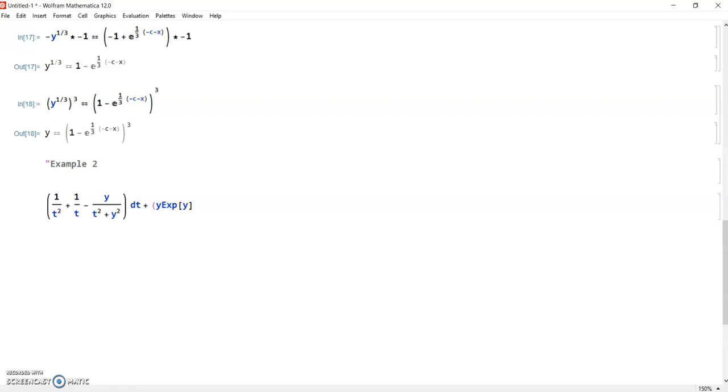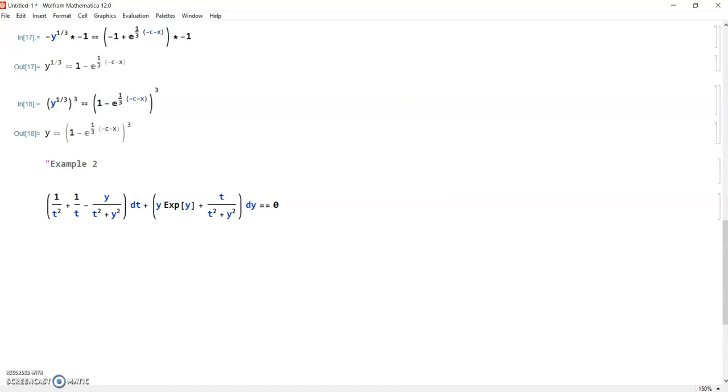And then here maybe it's better to put a space between y and exponent because they are going to be multiplied, and plus again a fraction by putting control forward slash t over t square plus y square, and then bracket close and then space dy equal to 0. And then again I forgot, for the equal sign, it should be a double equal sign